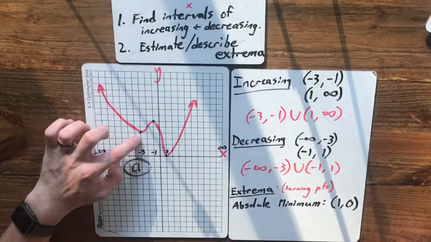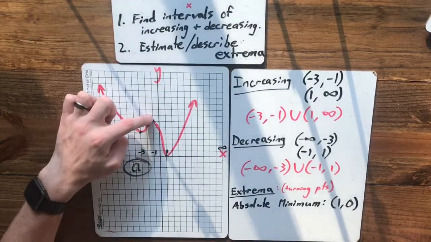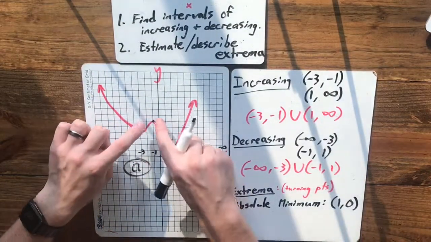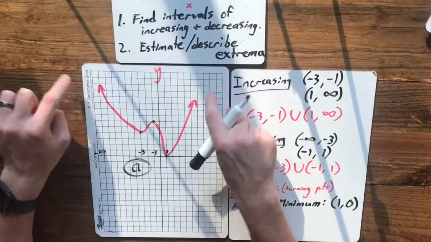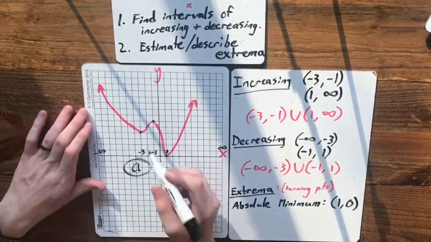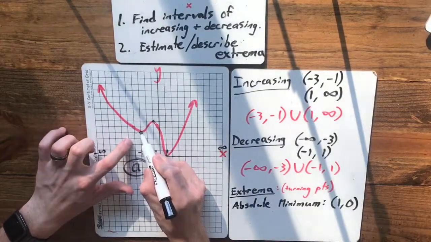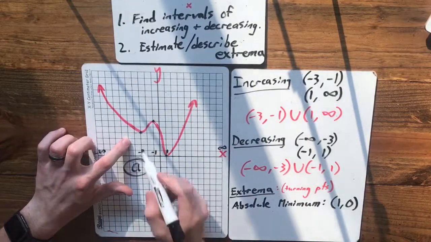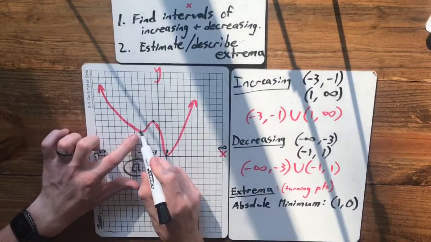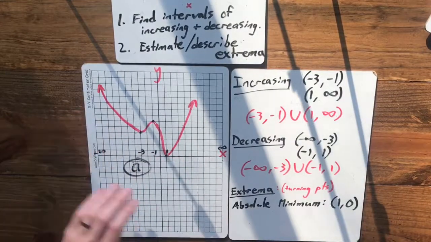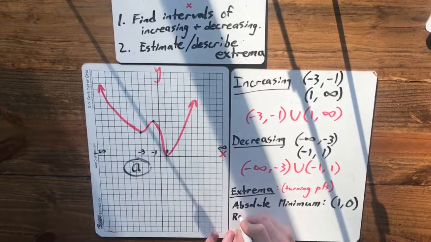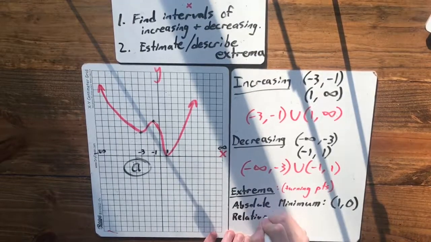These two are not the lowest point in the entire graph. They're also not the highest point in the entire graph, because clearly these arrows are saying it's going even higher, but anything around it is going to be greater than this point. So locally, relatively, this is the lowest point in this area. So we have a relative minimum